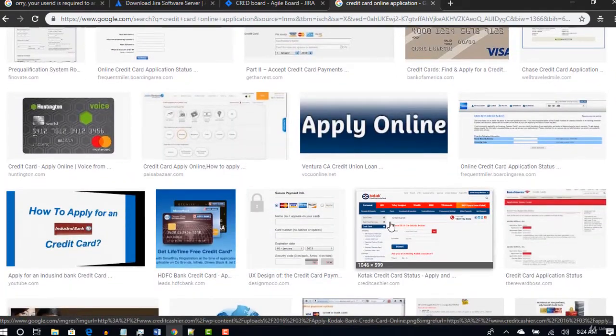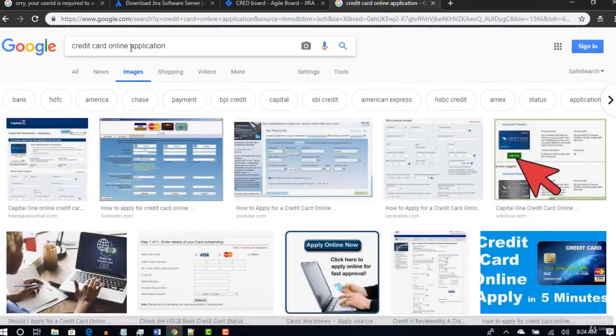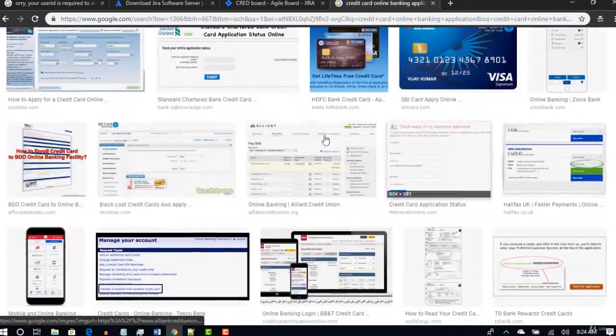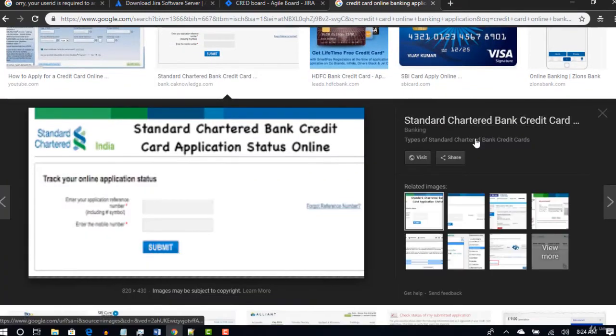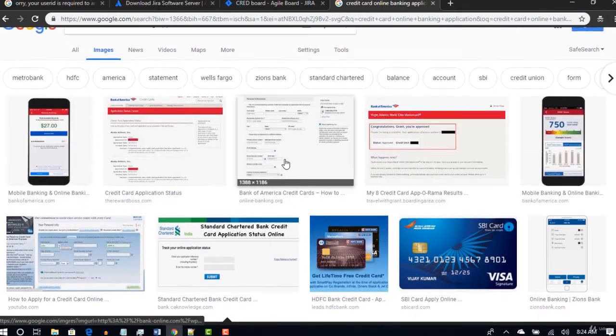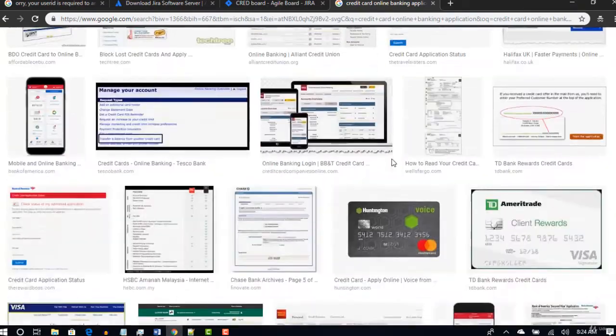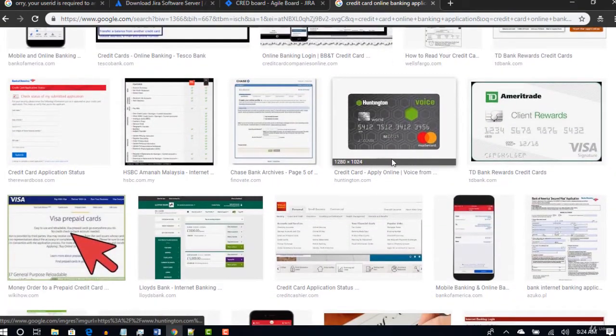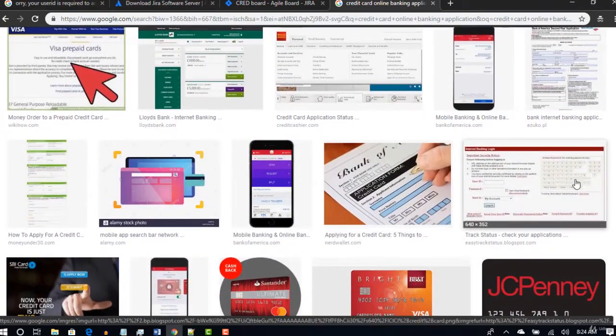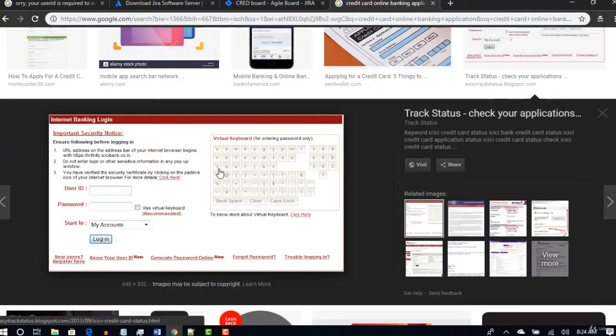Do I have something? No. Online banking application. Yep. Let's say that this is submitting status, not this. Can't we get one online? Oh, we have this. Okay. So internet banking login.